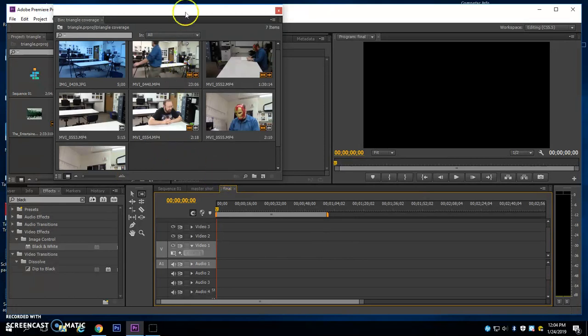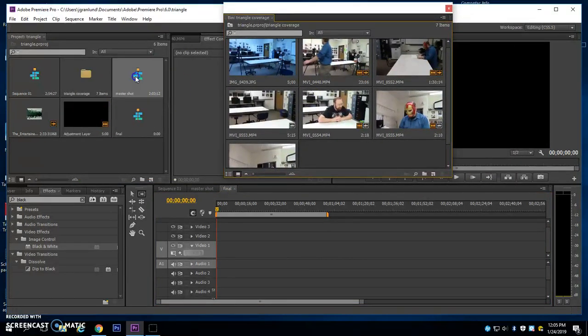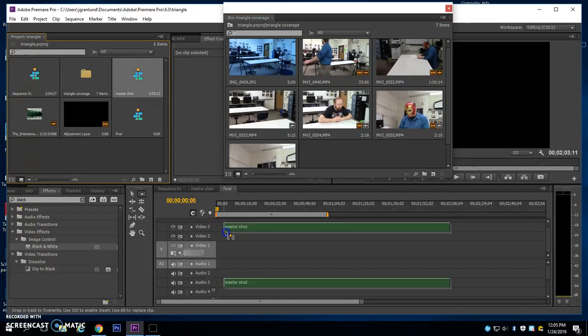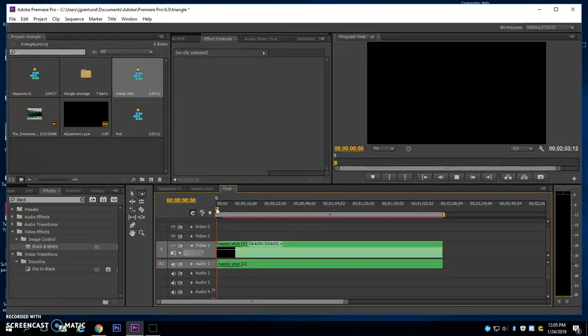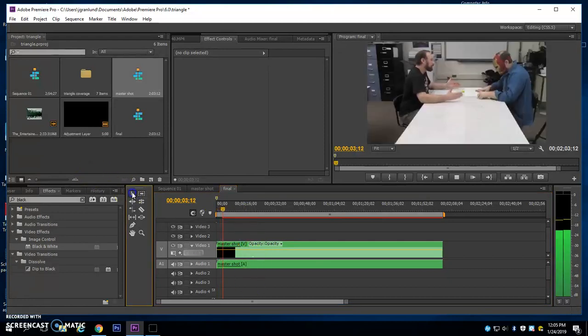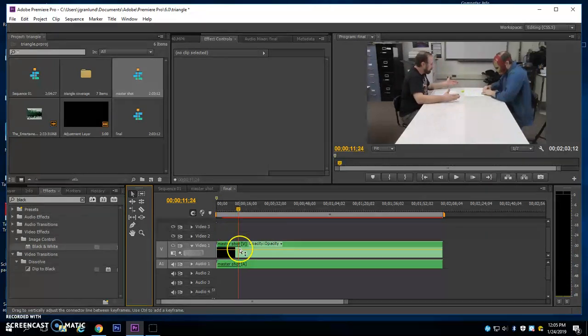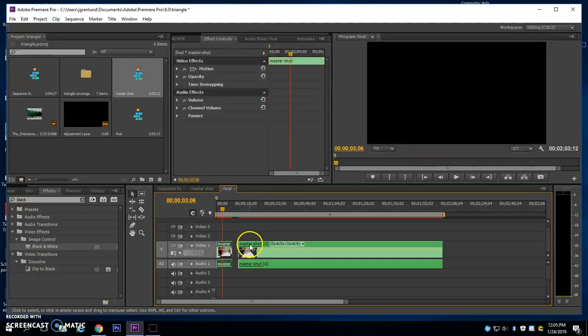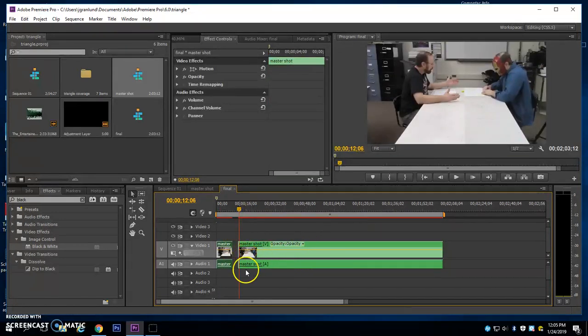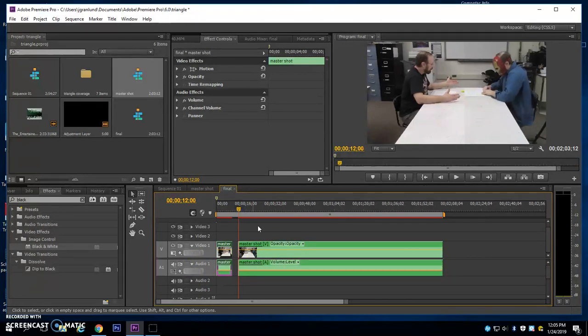Okay, so here I am in the triangle coverage project. To use my master shot, I'm going to actually have to use this sequence here called master shot. And I'm not going to use it very much because it's kind of a pain. I'm going to just use it for the first line. I'm going to cut it there. I'm going to use the C key, and that's going to bring up the razor tool. I'm going to make a slice there, and I'm going to make a slice there at the beginning because that's the first line. And the rest of this, I'm going to cut it out